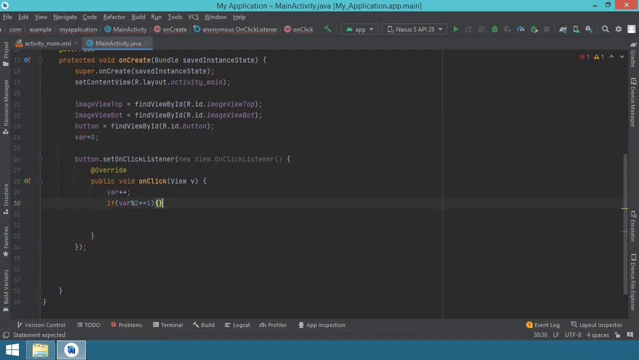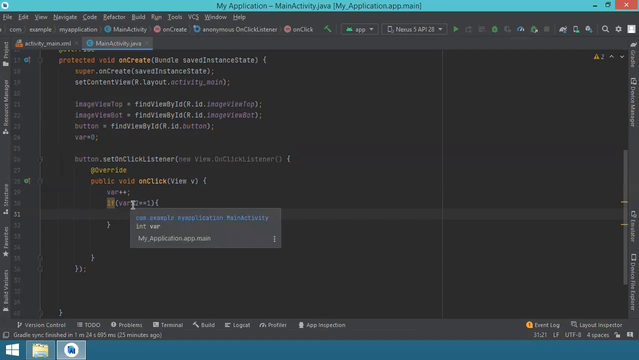Okay, so let me just close the brackets. So what we do here, we check to see if the number is odd. So if the variable divided by 2 and the rest of this division is 1, so if the division is not perfect and we have something left over, which is a 1, means the number is not even, it's odd. So for an odd number, what we need to do? We need to change the images, and we'll start by saying